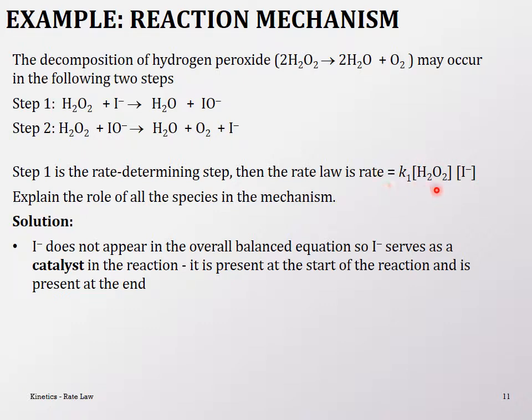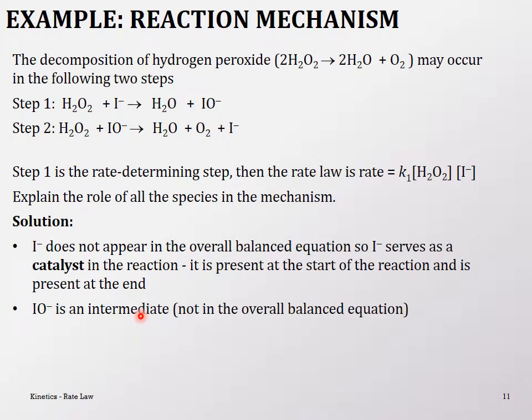Otherwise it would not be here. If it was not taking part in the mechanism, it would not be here. So for example, what is not here? The IO minus, right? That is not part of the rate law. So these two species over here got cancelled out, by the way, because the IO minus in step 1 is a product, and then in the next step it is the reactant, which means it must be the,